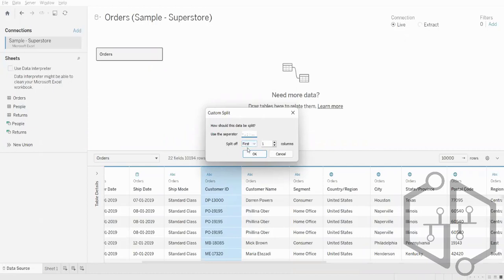Now, if you want to extract the later half of the delimiter, you can put a hyphen, because that is your delimiter, and then you can go and change the first to last. And if you check OK,